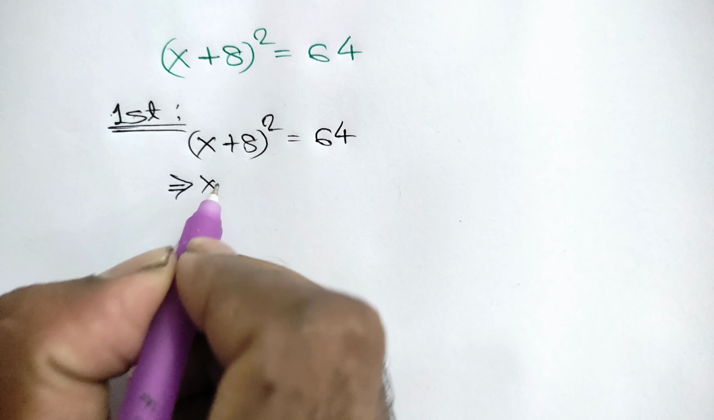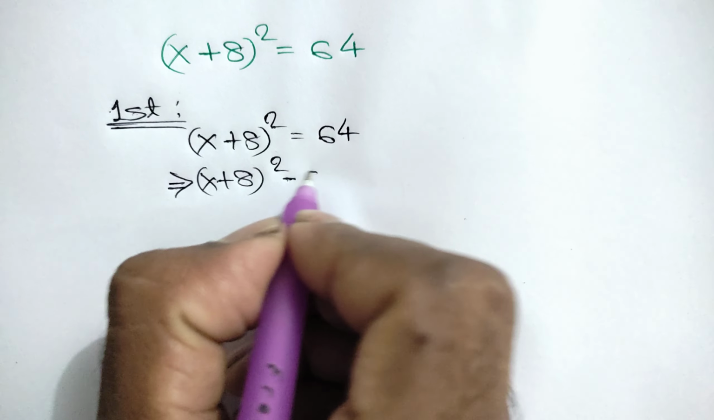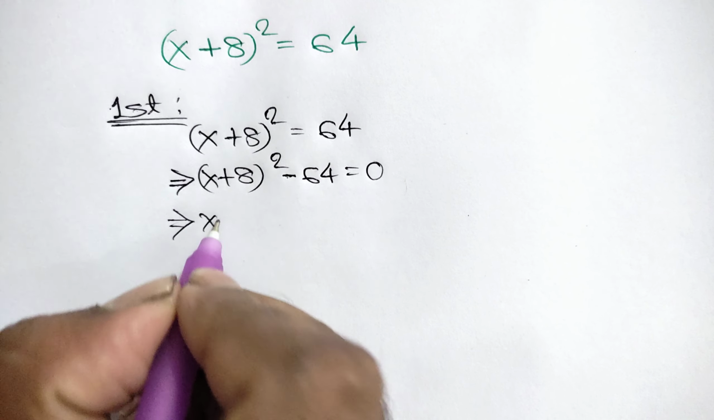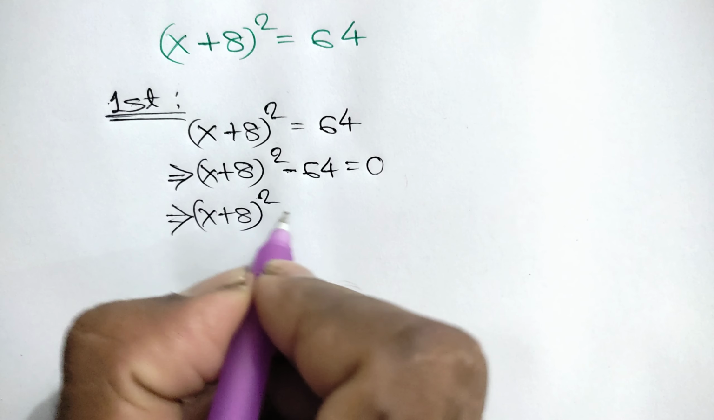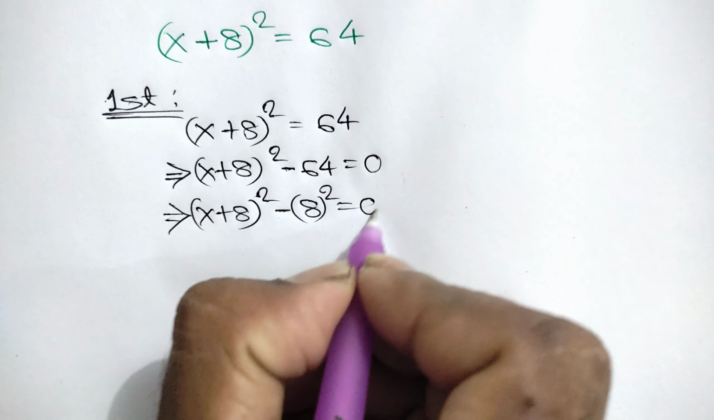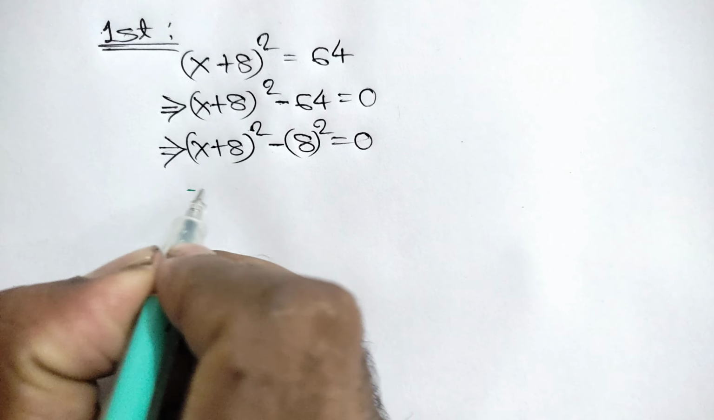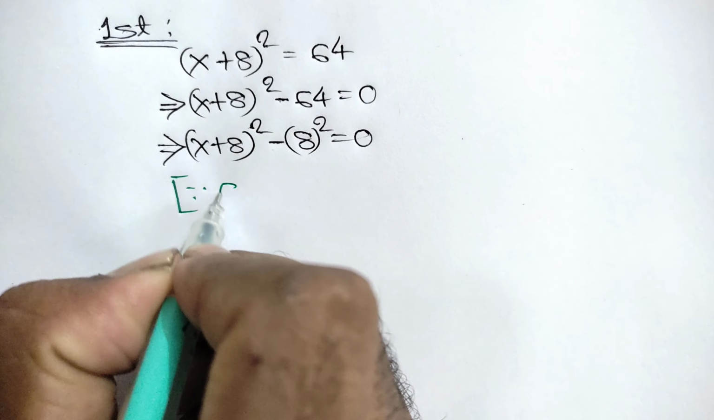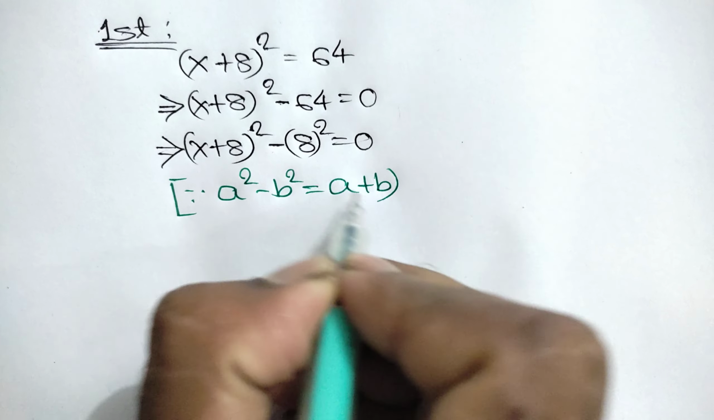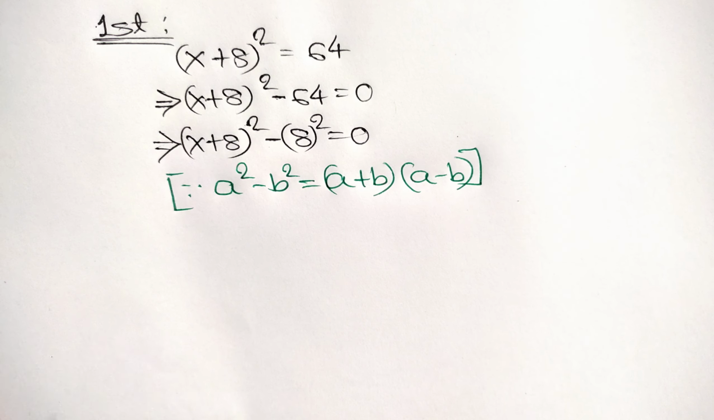Now taking this 64 to the left side we will get (x + 8)² − 64 = 0, which can be written as (x + 8)² − 8² = 0. Now we know an algebraic formula: a² − b² = (a + b)(a − b). So apply this rule, we can write